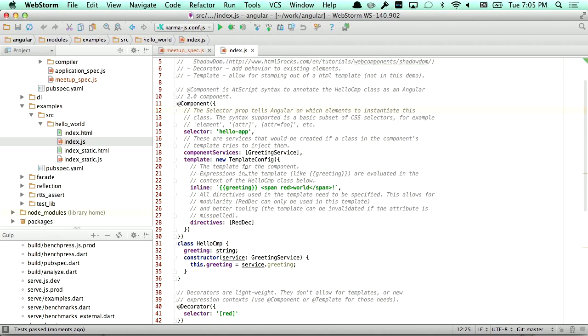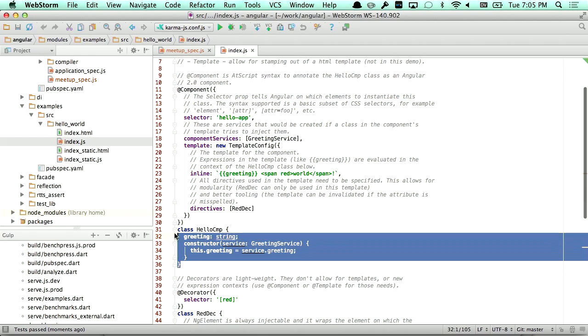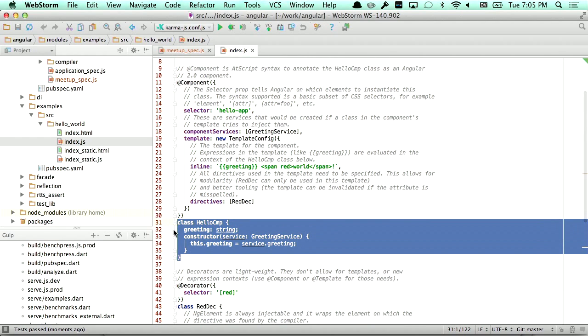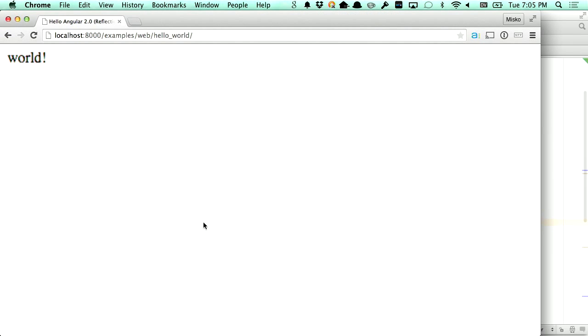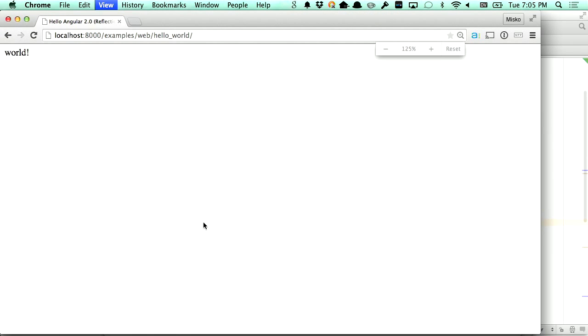Angular 2 is based around the concept of components. If you're familiar with web components, you should be familiar with it. This is what a simple component might look like. This one is a little more complicated than it needs to be just because we wanted to show off the capability of dependency injection. But here you're simply saying, here's my app. Top level component is hello CMP. Let me see if I can run it for you. Oh, here it is. This is all it does. It says loading while it's being booted, and then it says world.